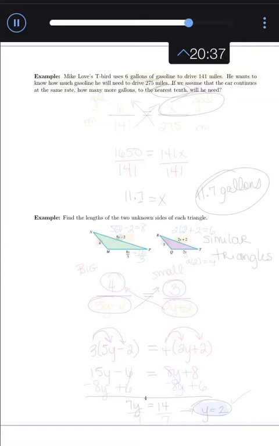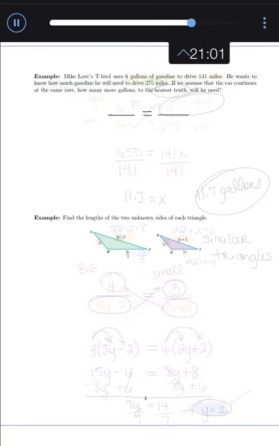Example. So Mike loves T-Bird uses 6 gallons of gasoline to drive 141 miles. He wants to know exactly how much gasoline he's going to need to drive 275 miles. So let's look at our two comparisons. So we're using the same car on both. So that's why we're able to compare two